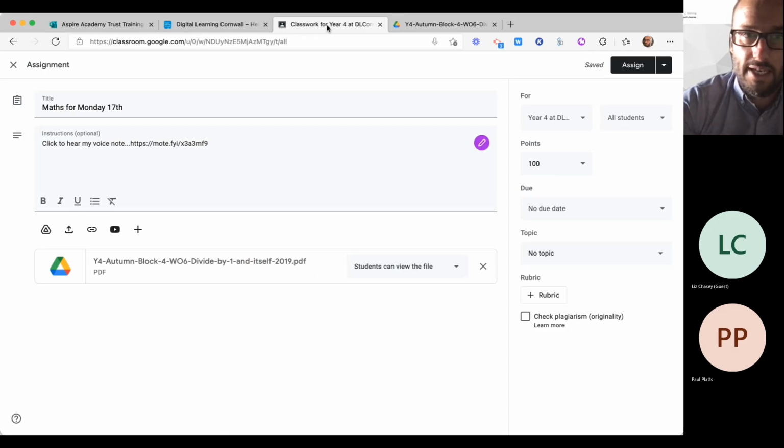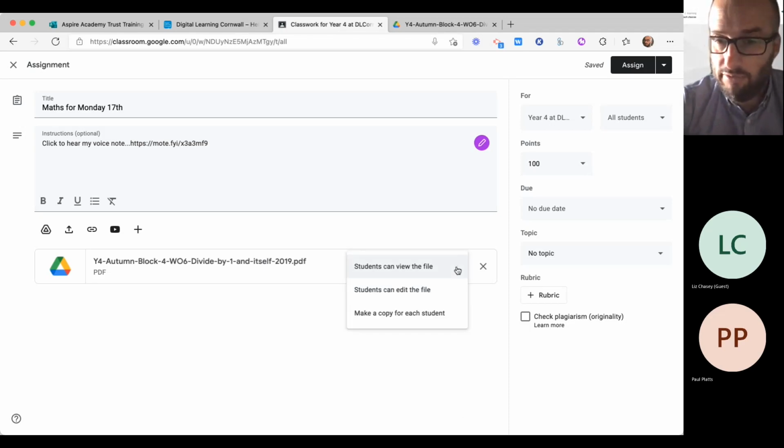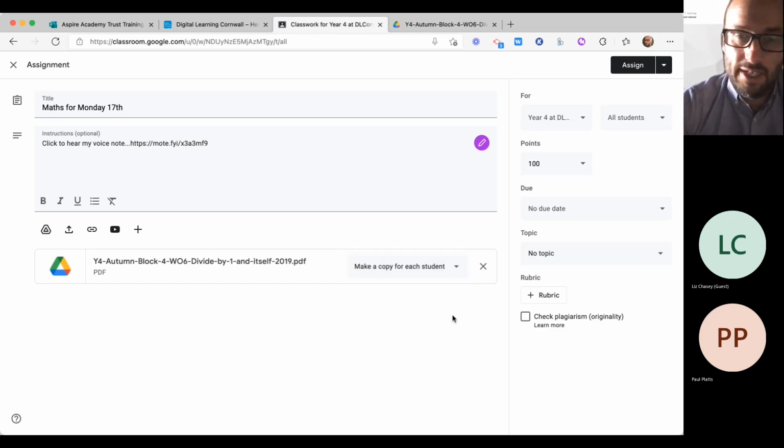Now, if I go back here to the assignment, here's an option that you really need to look out for. If you look down here, you'll see I've got a couple of options, and the one that I really want is make a copy for each student. That's the equivalent of going to your photocopier and doing 30 copies of whatever you're doing and giving it out to them. It will put that file into each child's Google account, and whatever they do to it is done to their account. I wish